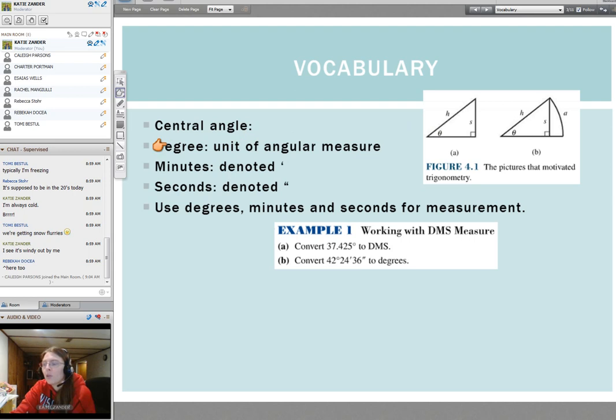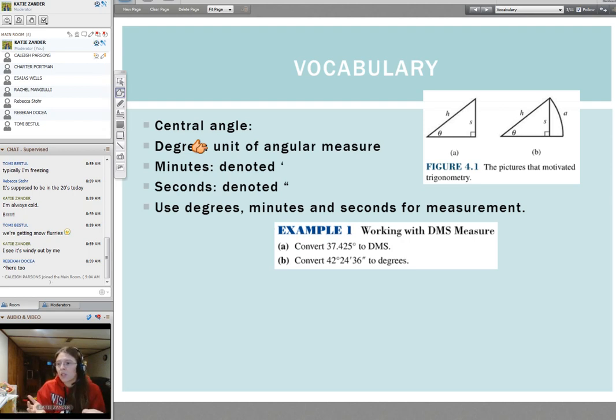Today, we are going to be working between degrees and radians. So a degree is obviously that unit of angular measure. And we can also break down our degrees to be a little bit more exact. We haven't really seen this in the past, but